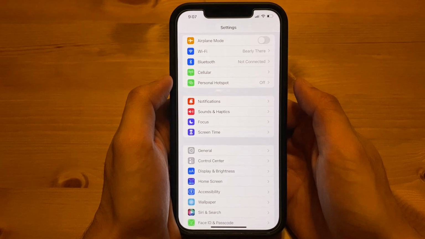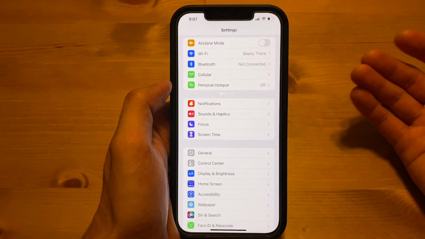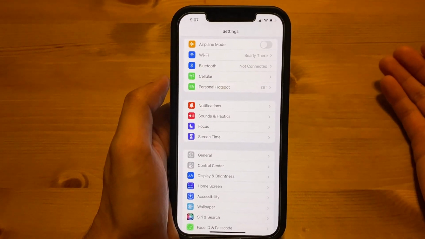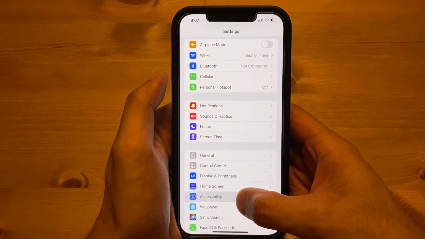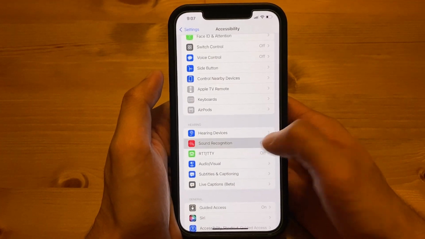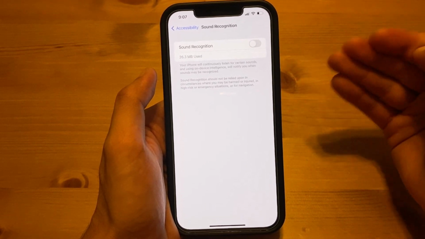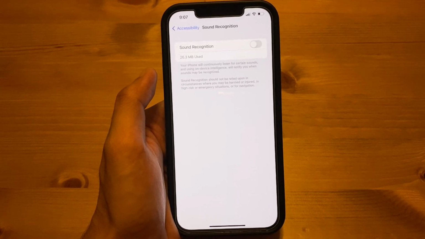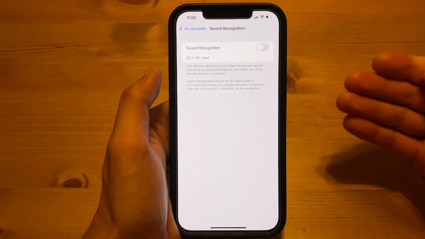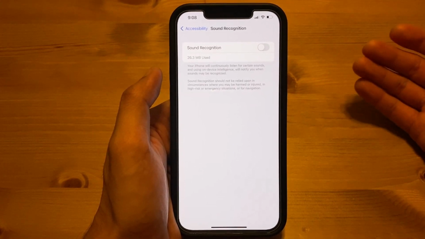The next option I want to show you is the sound recognition function. This is great for anybody who has any sort of hearing impairment, whether they're fully deaf, hard of hearing, anywhere on the spectrum. Down here in the accessibility tab, if you scroll down to sound recognition, this function basically lets you set the iPhone to actively listen to any noise or sound that you would like, and then there will be a buzz or a ringing, triggering noise on the phone to alert you